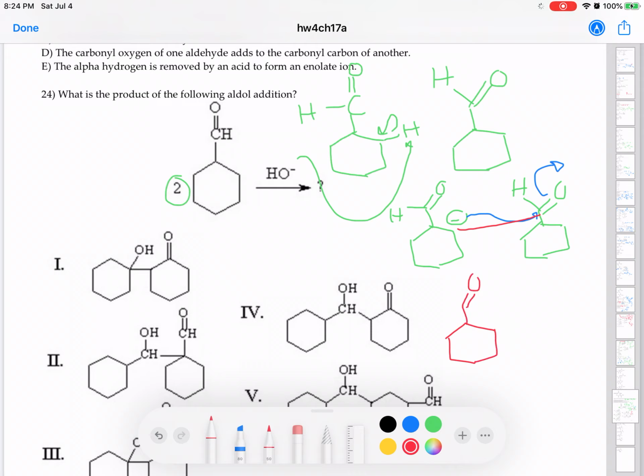This carbonyl group stays there, and then this carbon is going to form a bond with the carbonyl carbon. This will become O minus, and then there's a bond right there. So the O minus will grab a proton and then become an alcohol. You see, from the aldol product you can have, so this is the alpha carbon,